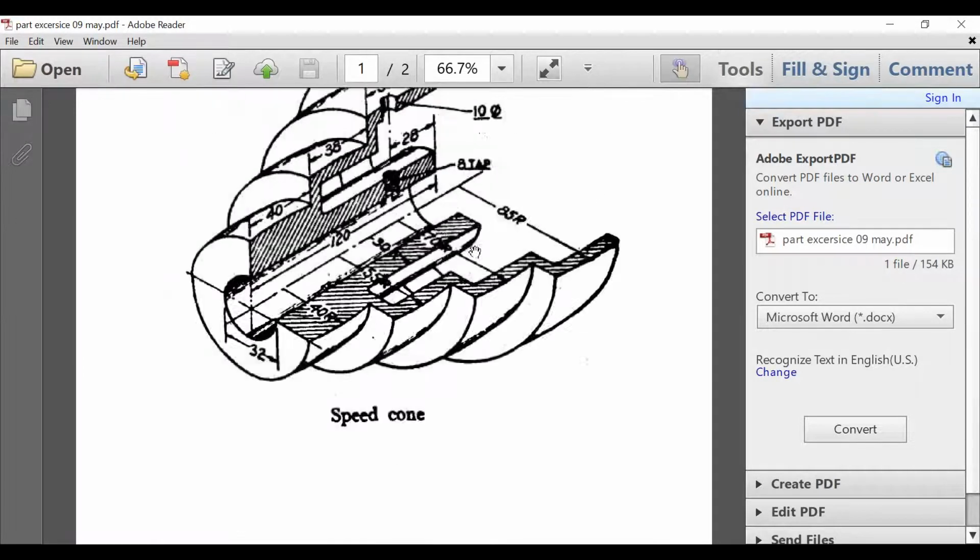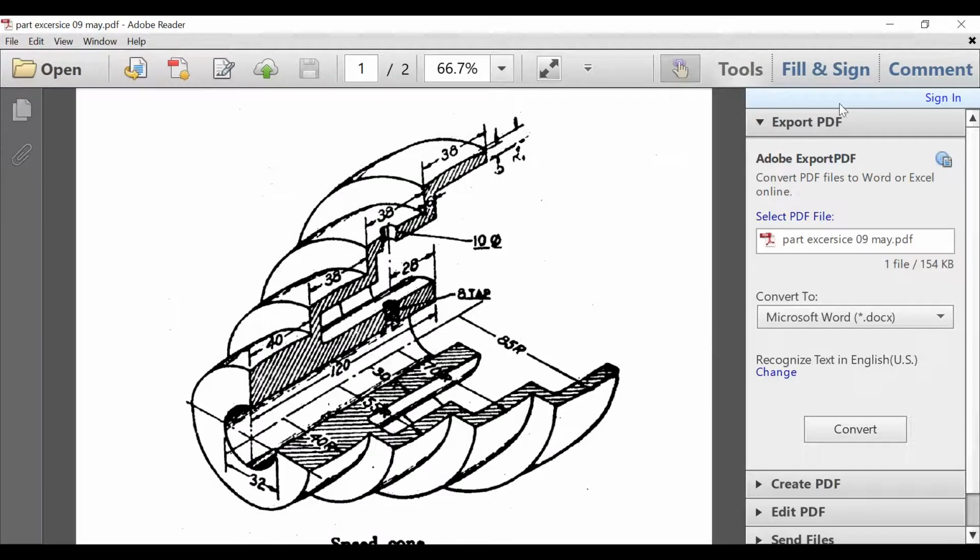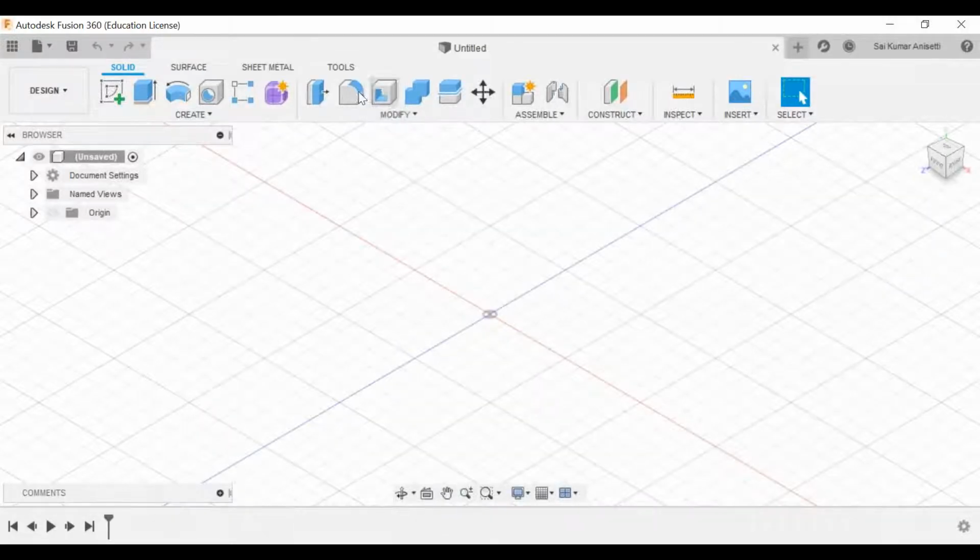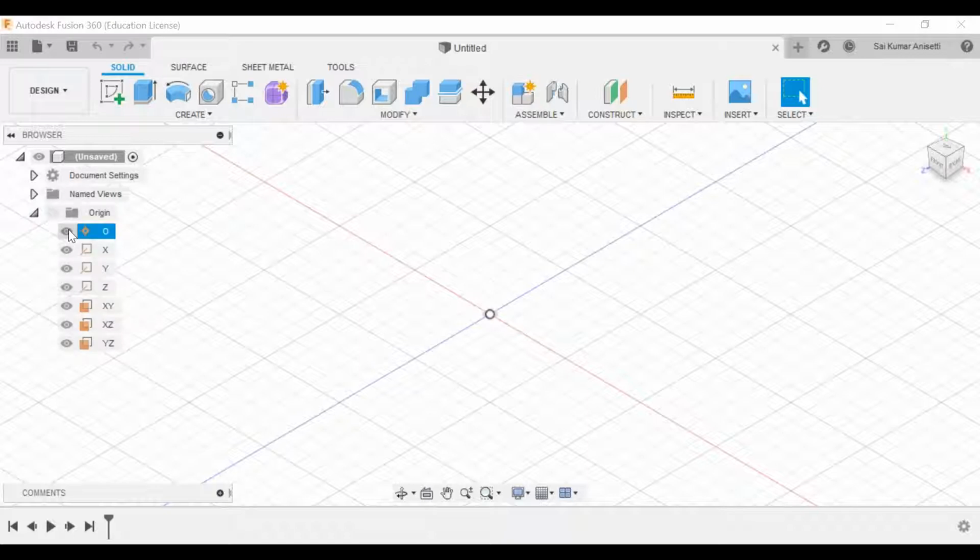Now let us take this example, or else let me go through the options that are there in this module. As I have said, you can make sure your origin is visible, or else you can hide them. See, the x-axis, y-axis, and z-axis. You can hide them or visualize them, that is up to you.